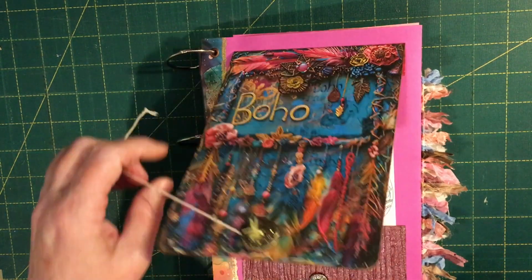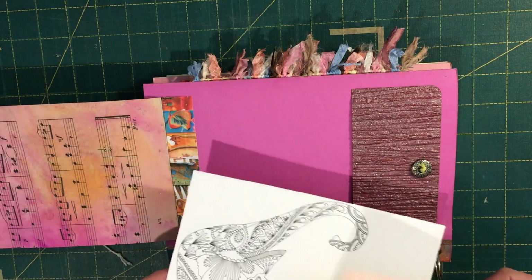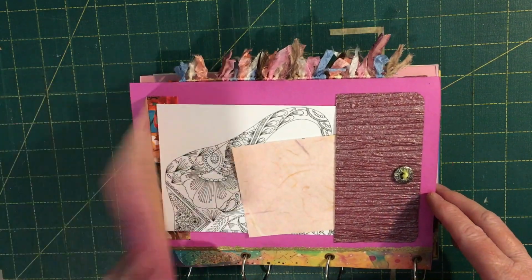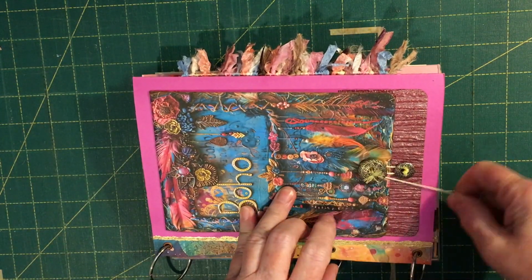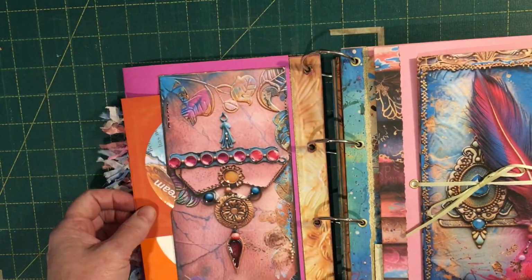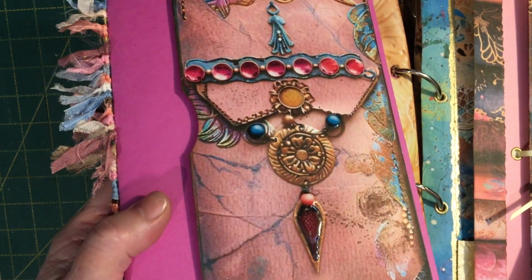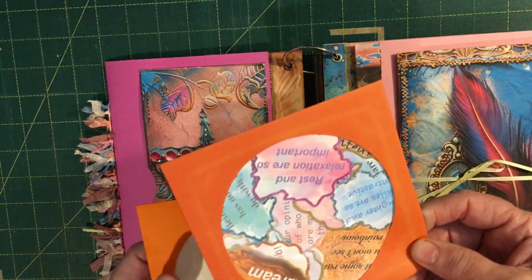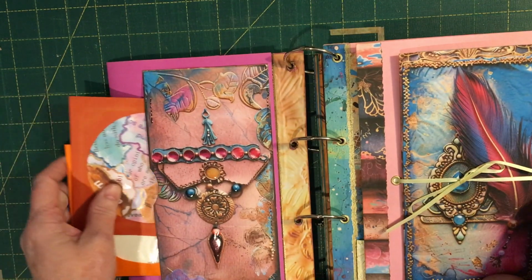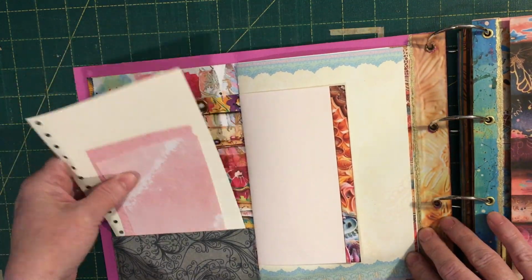I've made a little flip up on this page and just tucked a couple of colouring pages and note paper and so forth in there, and just used some metal buttons to bind that on, so that easily winds up and down. On the back of this page I've added a pocket, and that's got the Glossy Accents on, so it's all like jewels, and I've cut those motivational quotes out and put the Zentangles things, just pop them in some CD envelopes. This page opens up, there's a pocket,